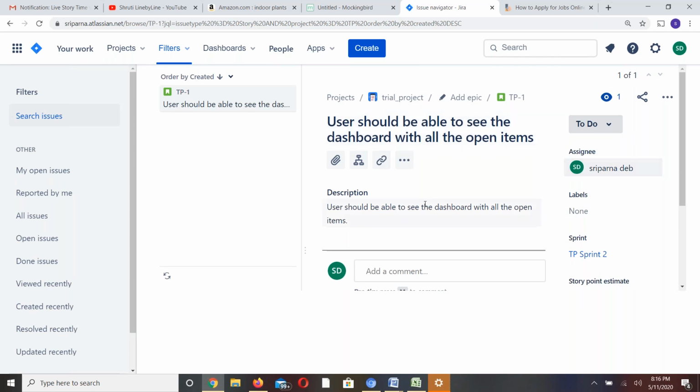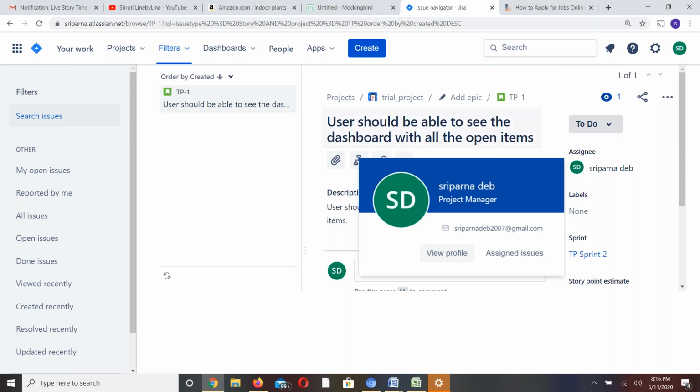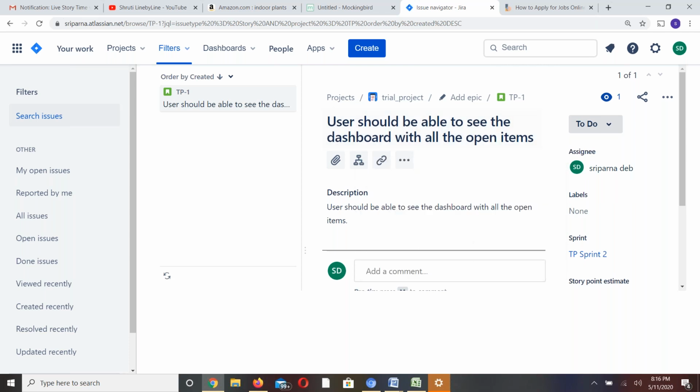I don't know. So it has shown one item which is assigned to Sriparna. So I've selected, and you see that it's trial project and TP1, etc. That's how you can basically see. You can create the filters, simple filters.